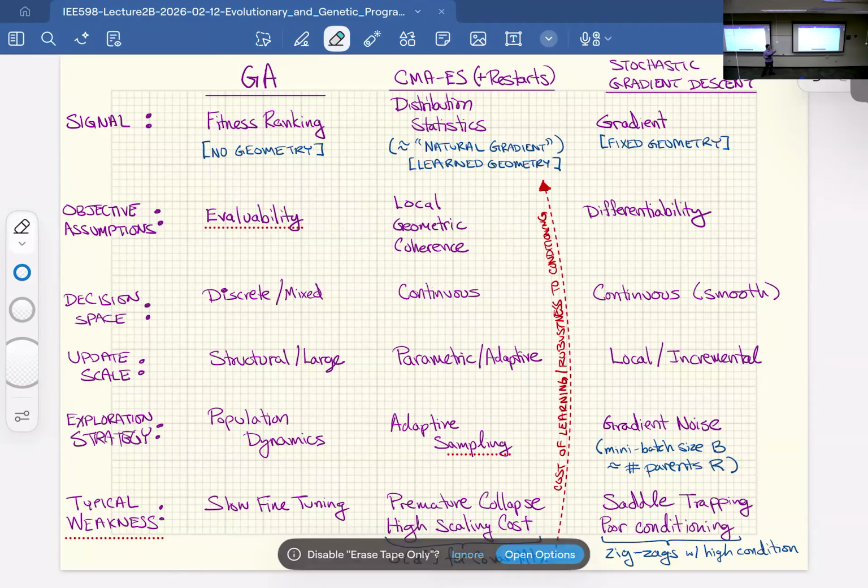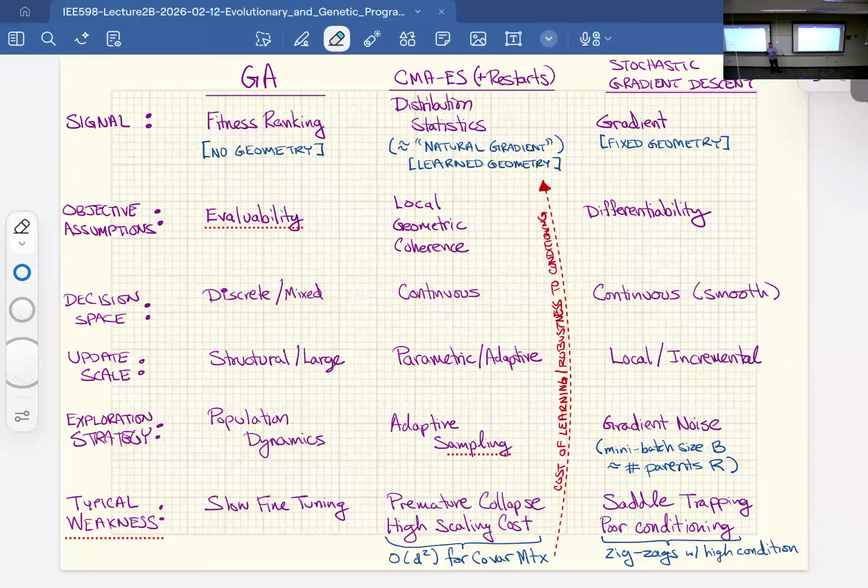So that's the cost of the natural gradient. That's the cost of learning: when you're not provided a gradient, you have to define that natural gradient, and you have to put in a lot more sampling effort. On top of that, it turns out that the larger your decision space, there's a relationship in the hyperparameters for the population size. So if you have a large decision space, you're going to need a population size of roughly half of that. You just have to do a lot of sampling to make CMA-ES really work, to make this fitting process work, to get this natural gradient. So that doesn't come for free.